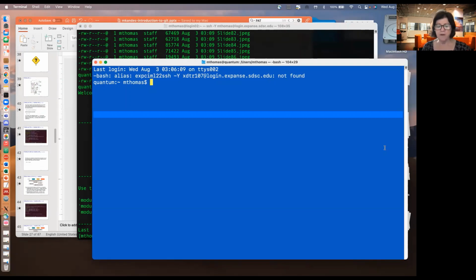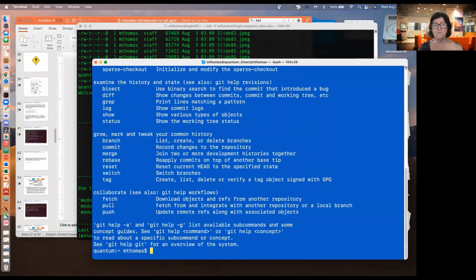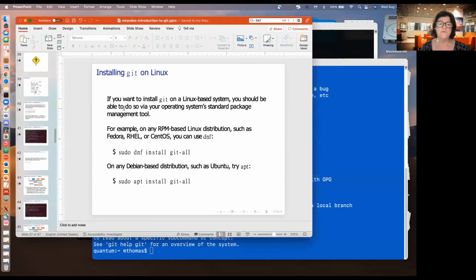So I'm on my laptop, and I have Git already installed, so it's right there and available to me. And I can look for help. What I notice for Git is if you use -h, you get a summary. If you do help, you get a lot more information. And for those of you who are new to Linux and Unix, that's pretty standard for a lot of the Unix commands. Okay, so if you want to install it on a Linux-based system, you should be able to do so,